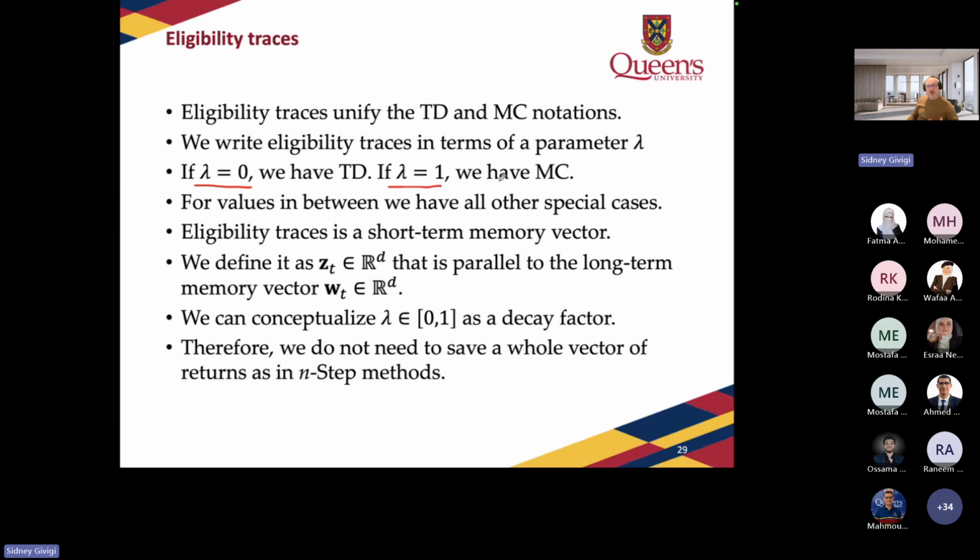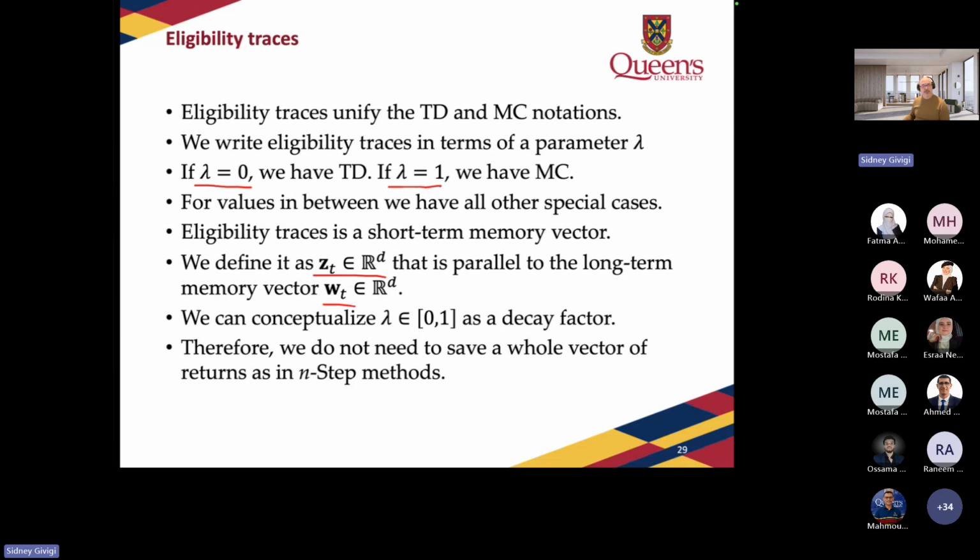And now we are going to be able to create a better approximation of what this value is going to be. This is a way for us to avoid our system just being short-sighted. So that's the idea. And this is also going to come at a cost: we are going to create a short-term memory vector that is going to be of the same dimension as the long-term memory vector. I'm using this notation here just because later on we are going to use it.